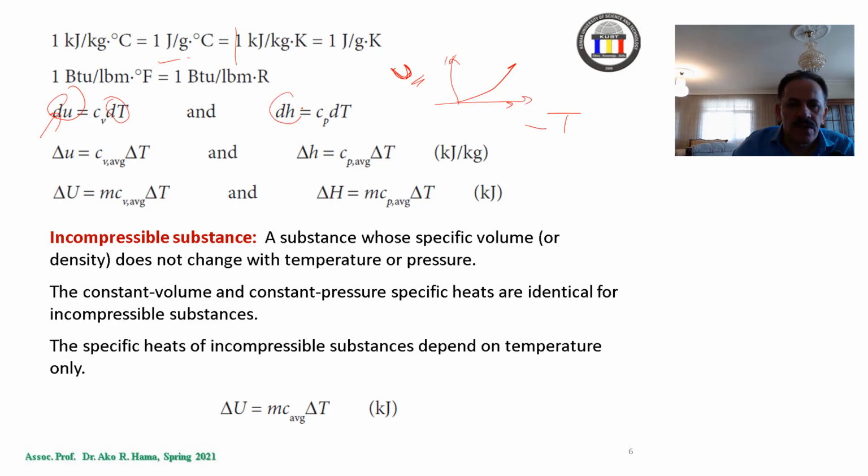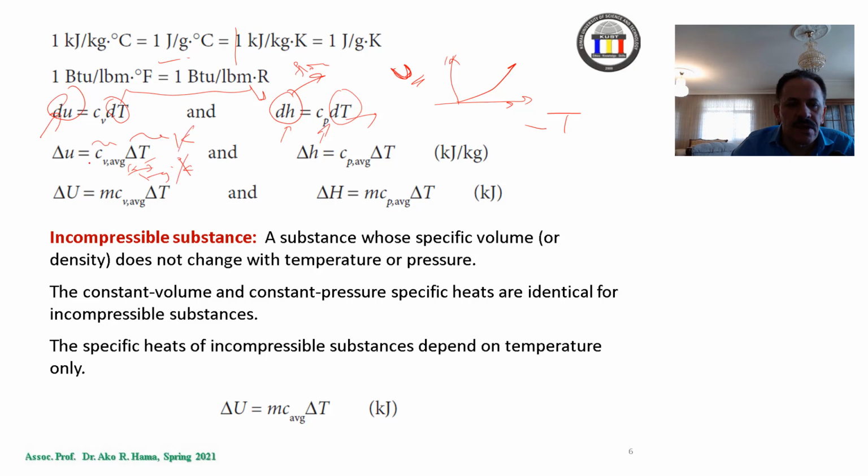And also the heat, which is dH, here's the enthalpy. These are two values of enthalpy, and this is the flow work. Having the flow work will depend on the pressure, and increasing the temperature will help you increase the H. Now it means that this will usually be measured in kilojoule per kilogram per Kelvin.